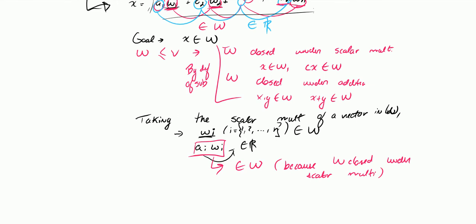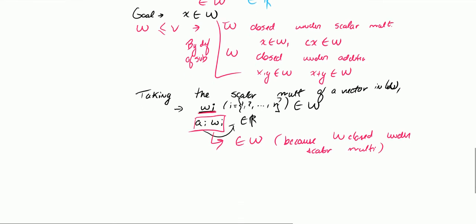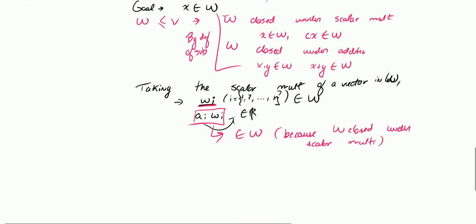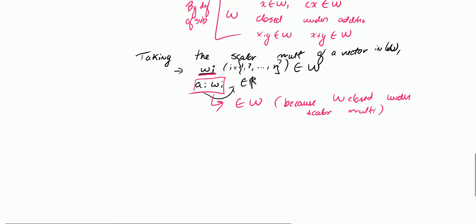Right? So if I multiply any scalar by an element in W, in this case Wi, it will belong to the set W. That's just the definition of a subspace. Now, if we take two of these, two AiWi plus AiWi, so if we take two scalar